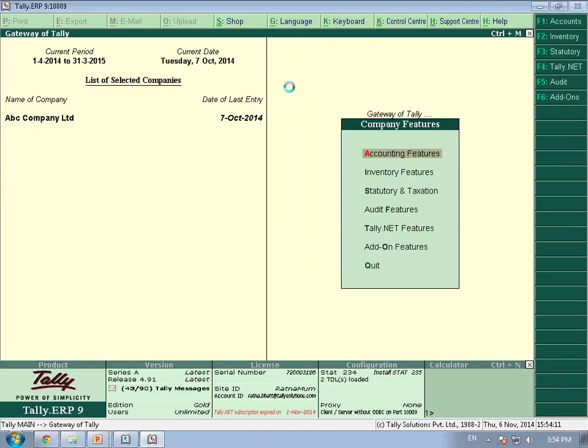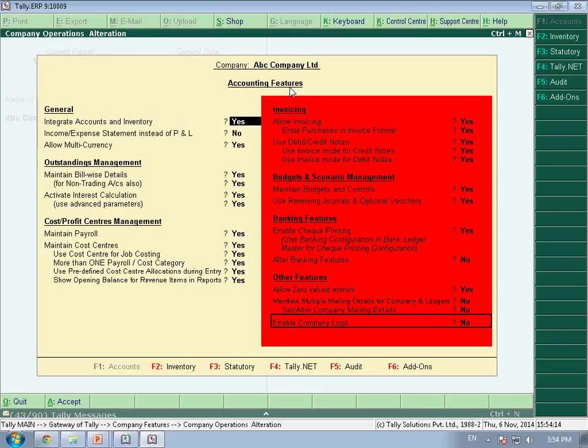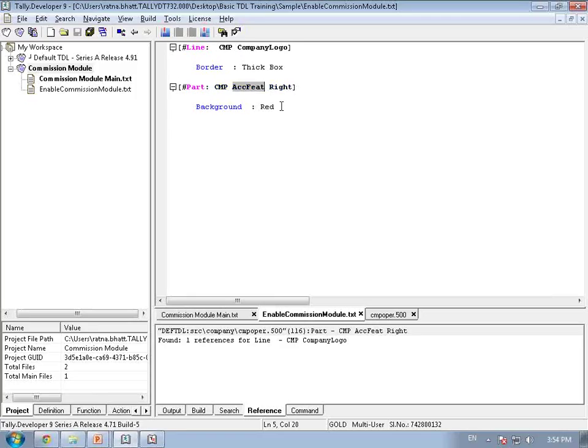F11 accounting features, yes. So I am on to my target. So to this part, add a line, and I said you need to maintain the naming conventions. So I say TSPL